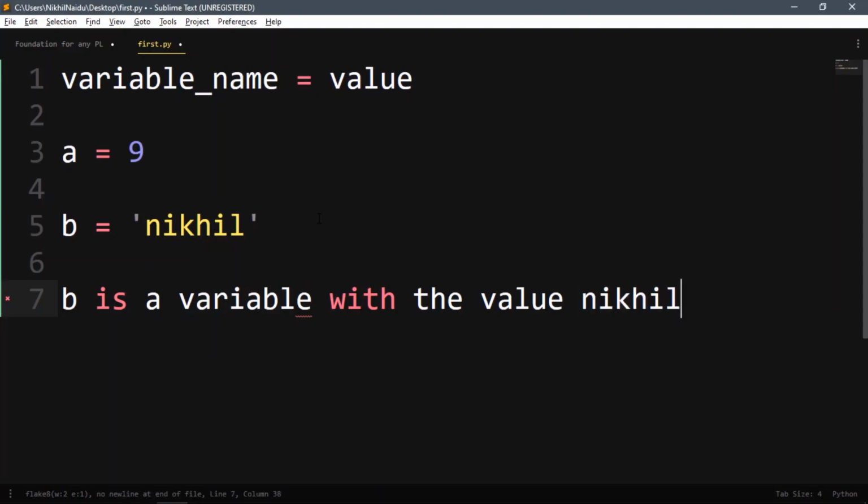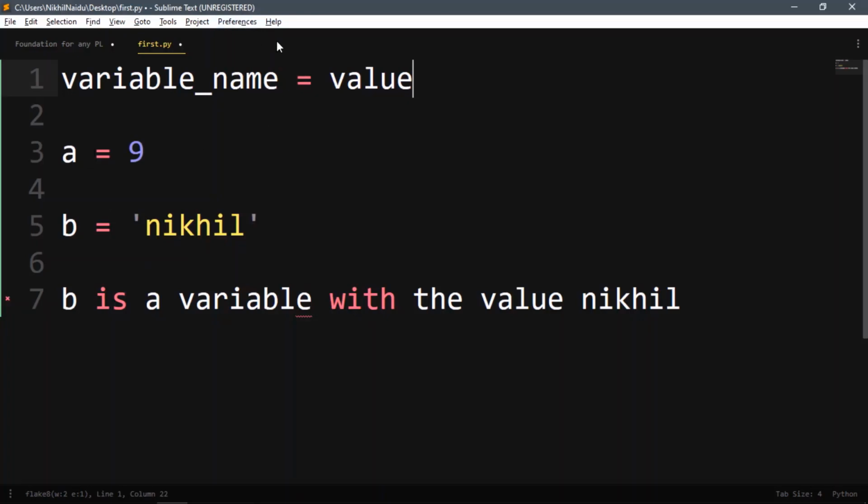This is how it would be written in English. So we should always have a variable name, we should always have an equal sign, then we should always have a value. We should always follow this convention.